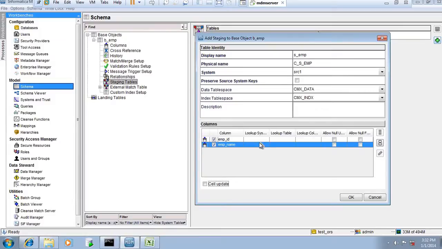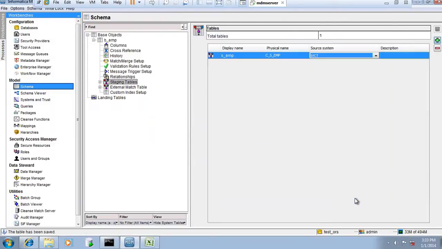In this way we can do the lookup on a particular column in a lookup table, and we can get some additional value. We will see all these values in another video. For understanding, just keep it in mind. So we can populate this value after doing the lookup also. So I am just putting those two values in the staging table.